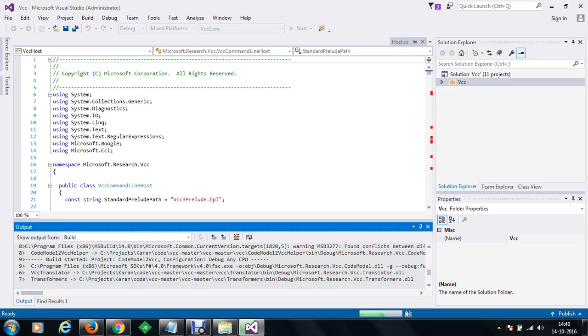All our individual projects like the VCC translator and transformers will be built. Once the build process is complete, we are going to check vcc.exe within the debug directory, and we are going to set it on the path and use that for our project.